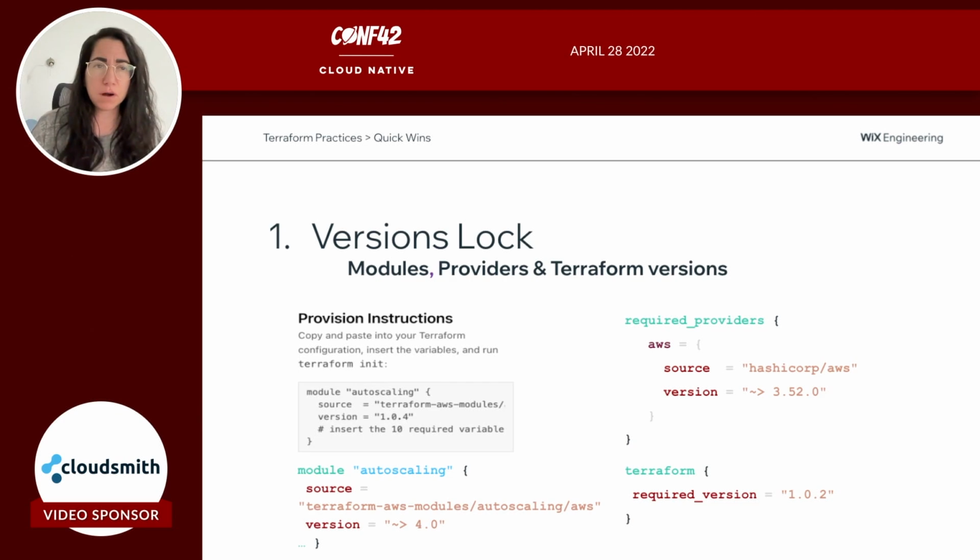When you think about modules, providers, and Terraform versions, each of them has a version that gets deployed, which means a specific syntax that is accepted and the features with it. So if you lock the versions, you know exactly which features you can use, which syntax is acceptable and valid, and stuff like that.